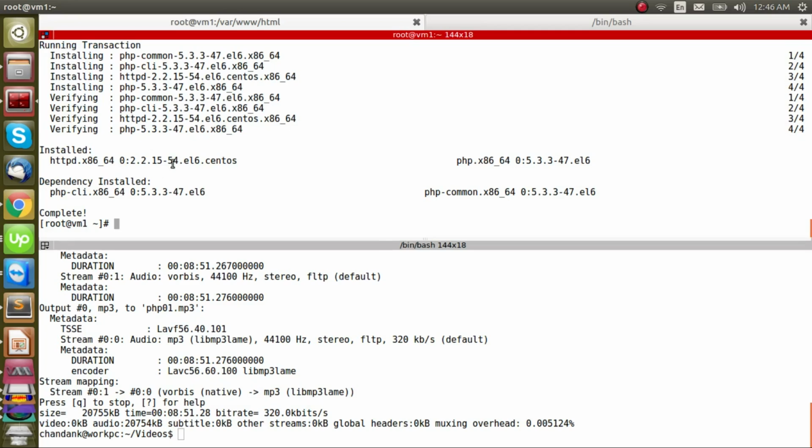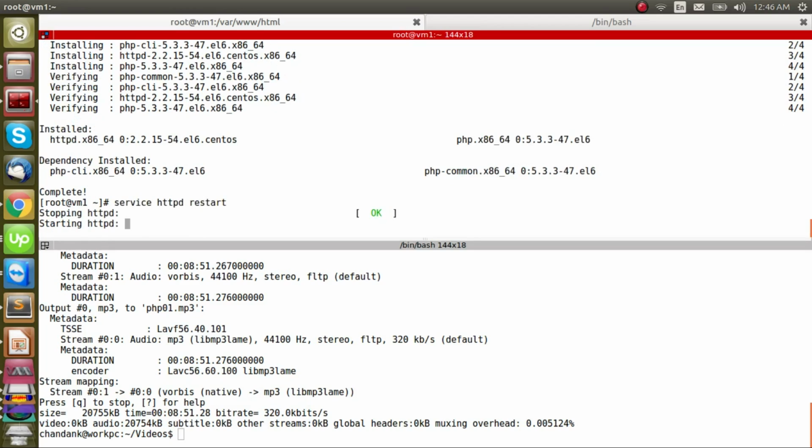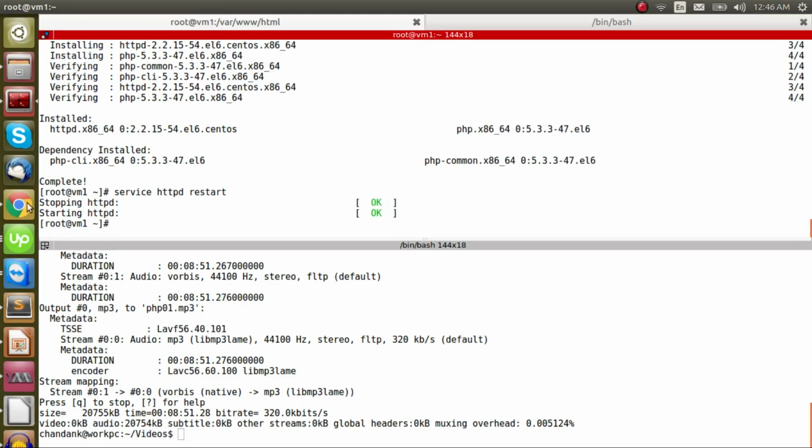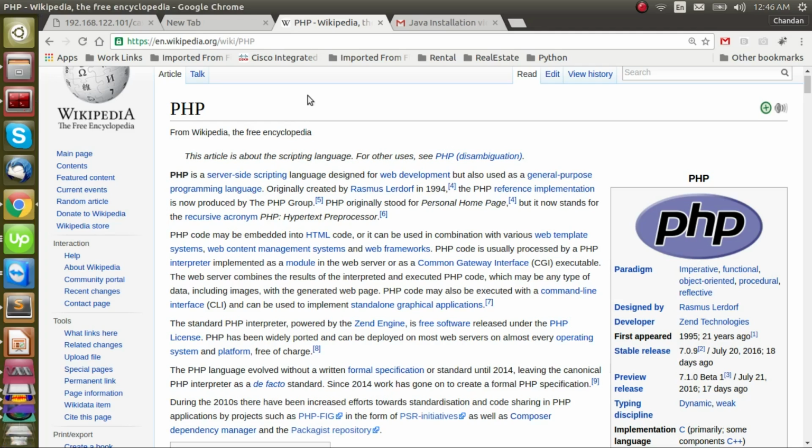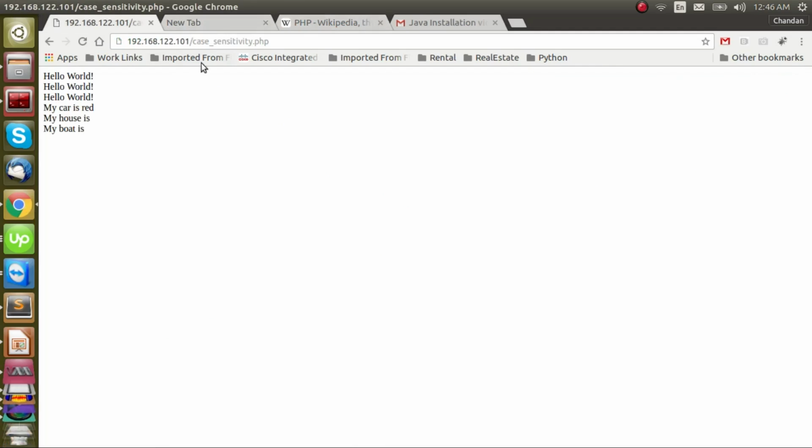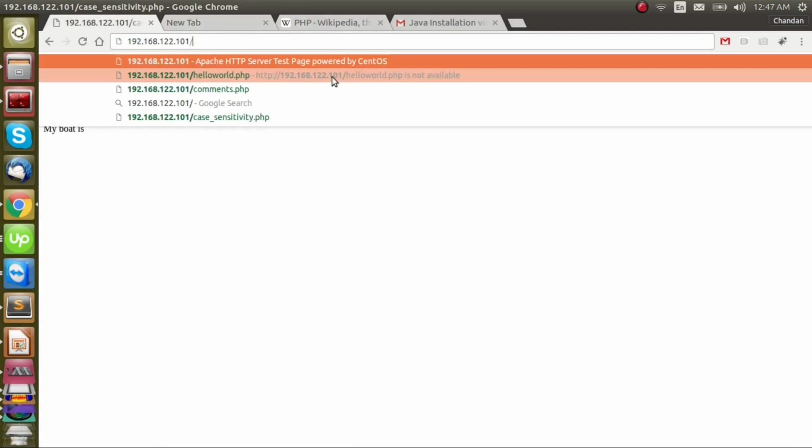Now the next step is to make sure the Apache web server is running. So we'll just restart the Apache web server if any instance is running. So it's taking a while. Okay, so now the next step is to actually see whether Apache is working. So the first step will be to